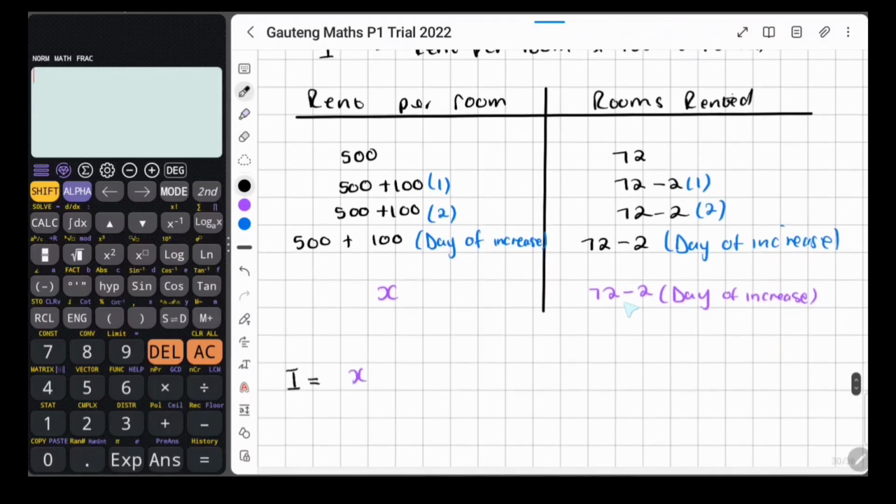And that would be this formula, 72. So multiplied by the 72 minus 2 times, I'm just going to use big brackets here, times whatever day of the increase that they are referring to. So that being whether it's the first day of the increase or the second day of the increase or the third and so on. But the reason we cannot just give this as the formula is because,